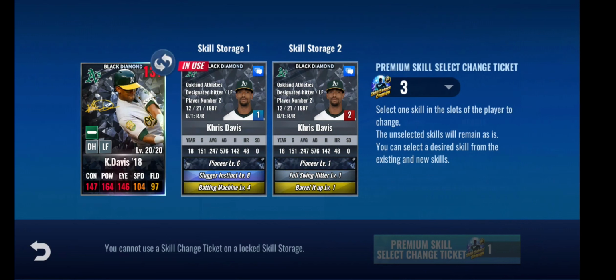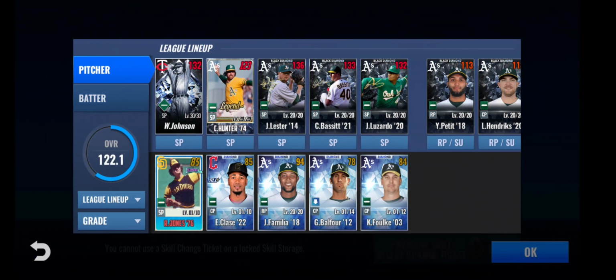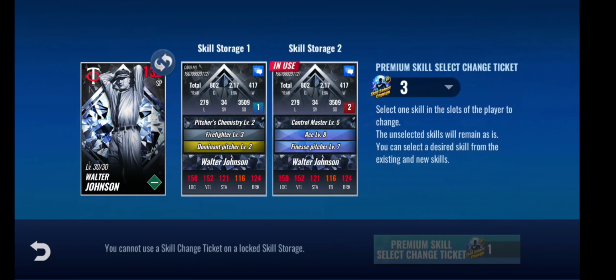Davis has this set. No, I don't think so. Canna. Pioneer Spotlight 5 tool. That's okay, probably, I would think, right? So the only other thing I can think is to use them on